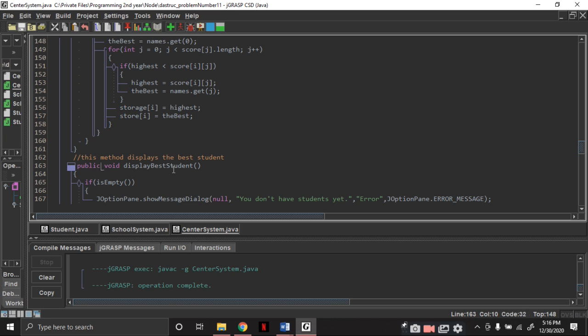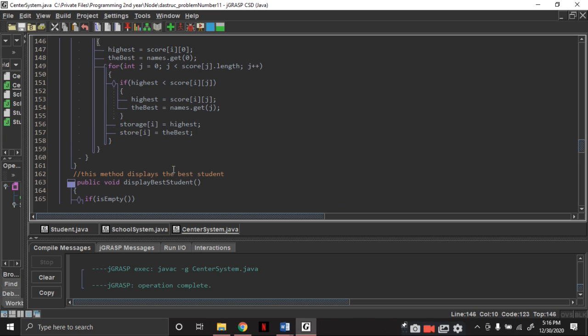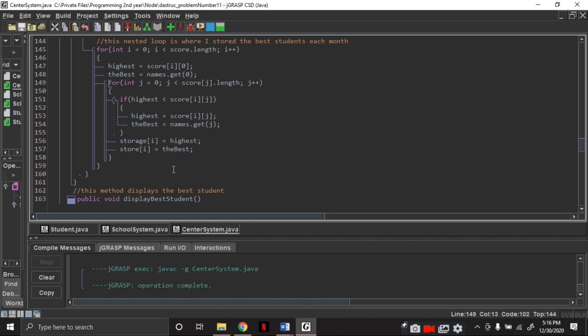Then here the display student. Oh no, I just changed mine. I'll just explain it here. Then if highest is lesser than score, so the highest here is 0 sub 0, with row and column of 0, and it will get compared to the score 0 and 0 also.